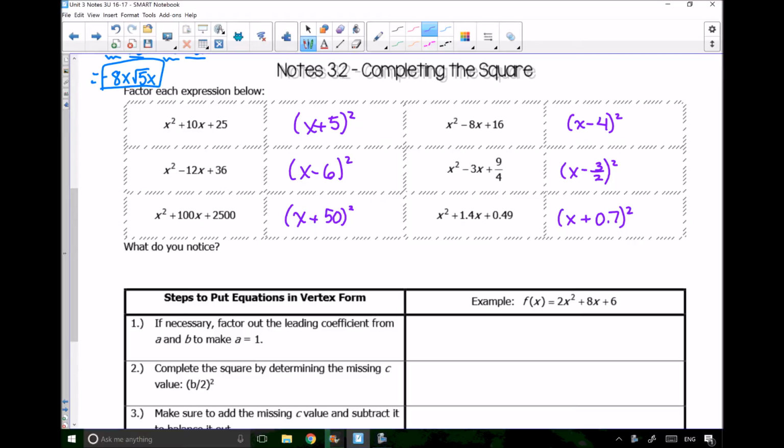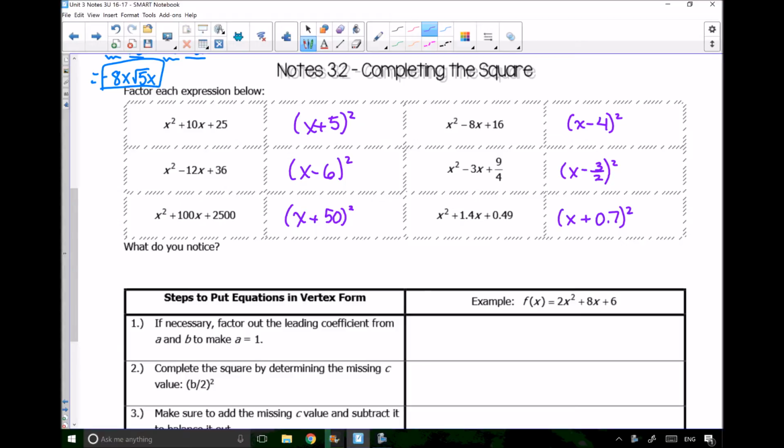Completing the square is a really important skill that you'll need to have in order to be successful on the rest of this unit. Okay, so we talked about all of these factoring expressions that we had in class, and we also filled in